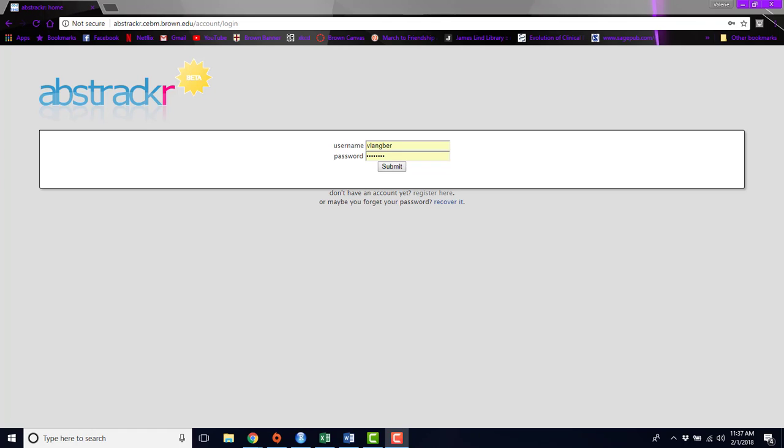I'm Valerie Rofberg, and today we're doing an Abstrackr tutorial on how to create a new project in Abstrackr. So here's the landing page when you go to